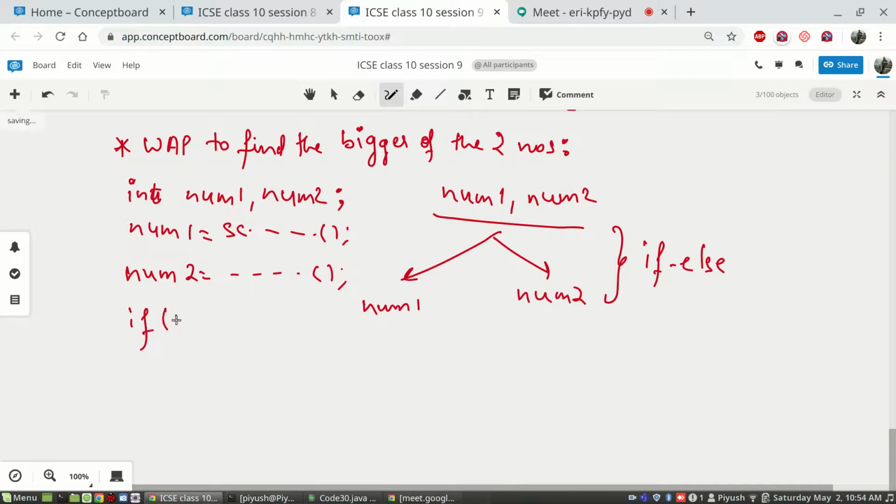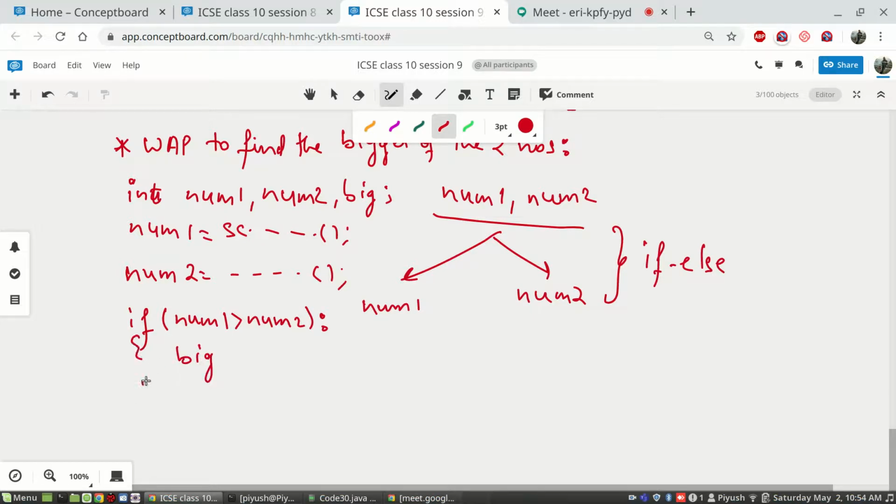If num1, and we are going to store the result in the variable big so that we can later use it. Okay, so we'll take a third variable also, big. Num1 is greater than num2, then you will write big equals to num1,